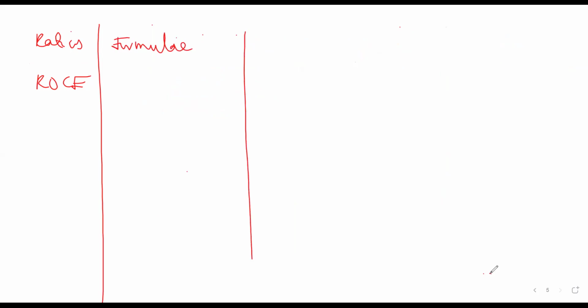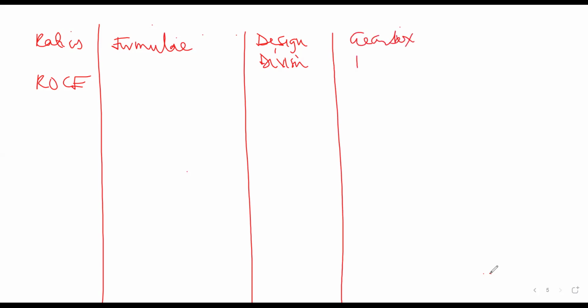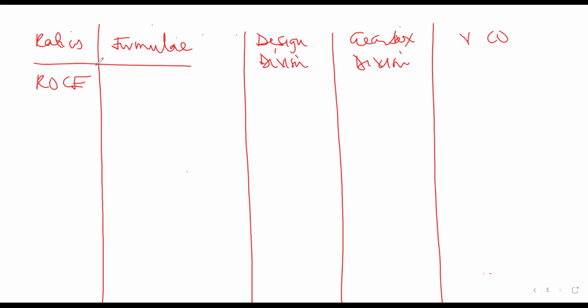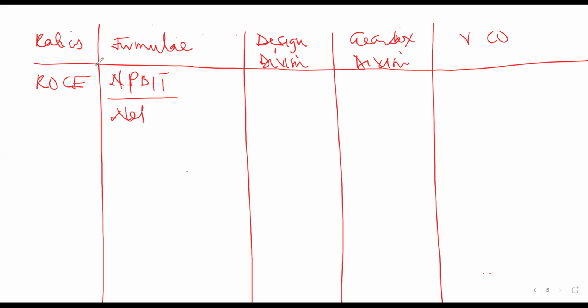So for the formula, I'll look at the design division, then the gearbox division, then the vehicle. So we can have the formula over here. We know that ROCE is the net profit before interest and tax divided by the net assets